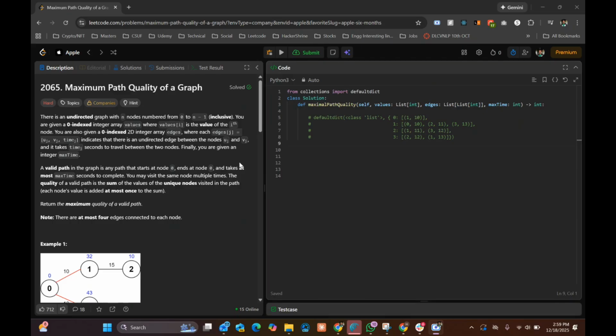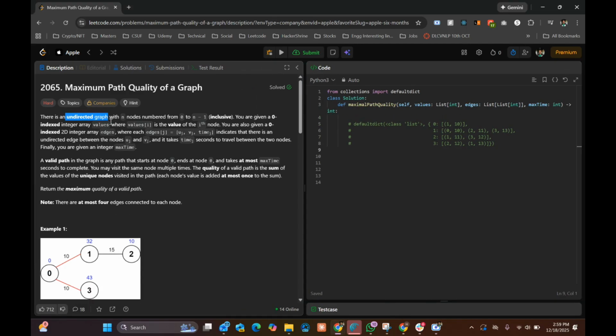In this video, we will see the problem maximum path quality of a graph, and what it means is we are given an undirected graph and then we need to calculate the maximum quality of a particular path. So we are given the input as edges where u is connected to v and the edge is the time, right? And what we need to do is if we start at node 0 and end at node 0,